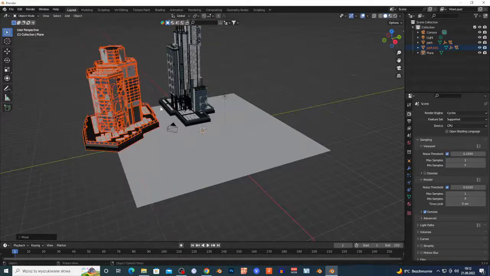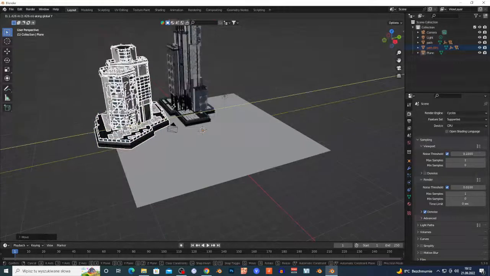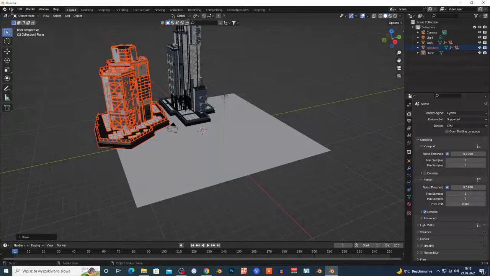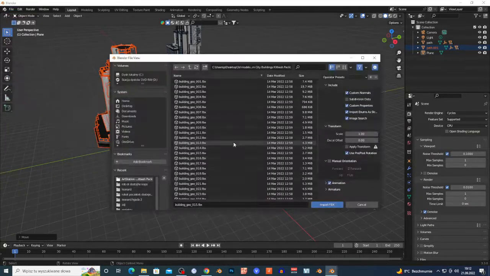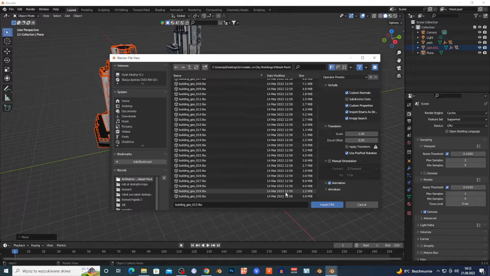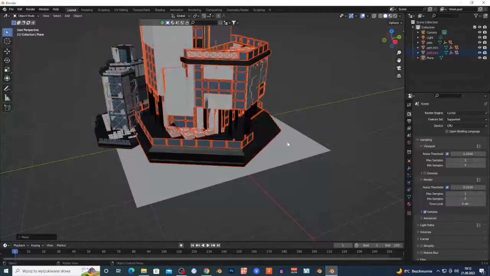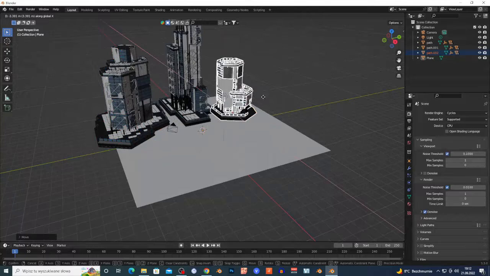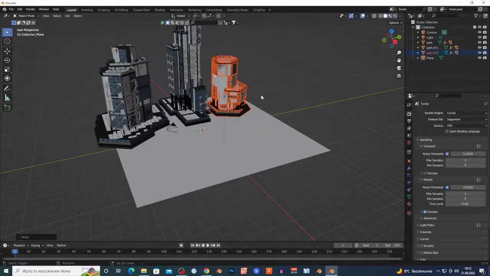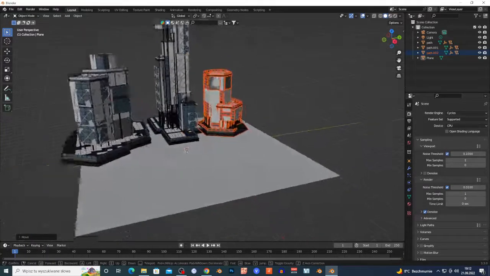My character is just gonna be a box, something like this. You know what, I'm gonna rescale the plane too right here. As you can see, this looks already very nice.